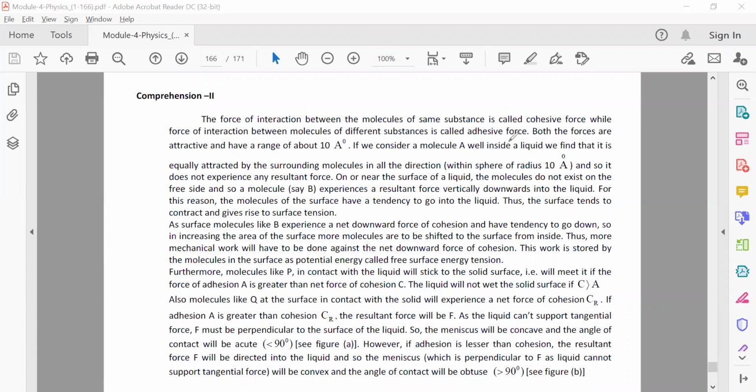The interaction between molecules is called cohesive force. Between different molecules is called adhesive force. Both are attractive in the range of about this much. So net resultant force is zero inside. But near the surface, the molecules do not exist on one side, thus it gives rise to surface tension. Okay. As surface molecules like B, this one,